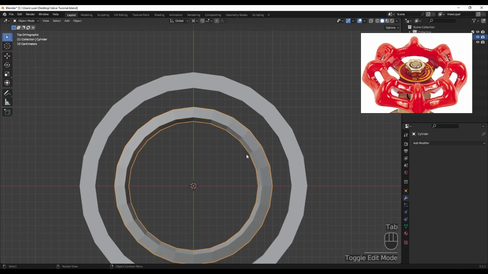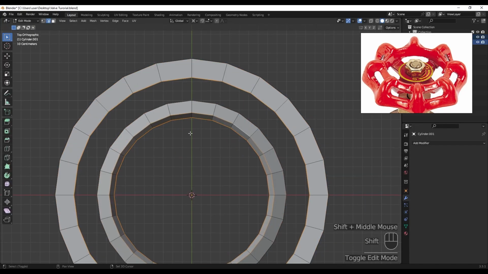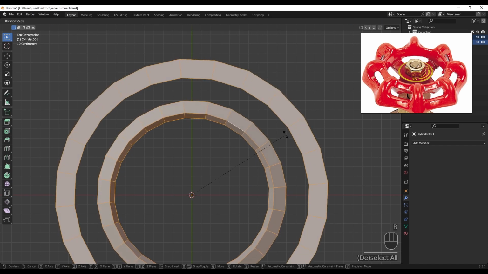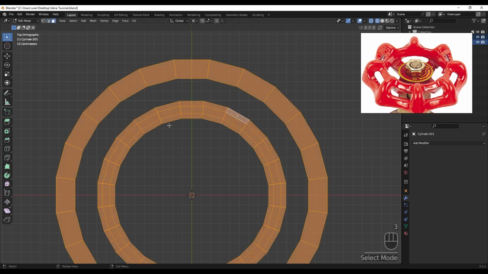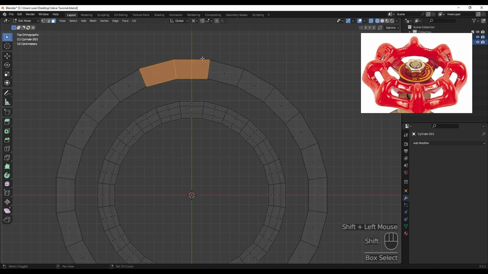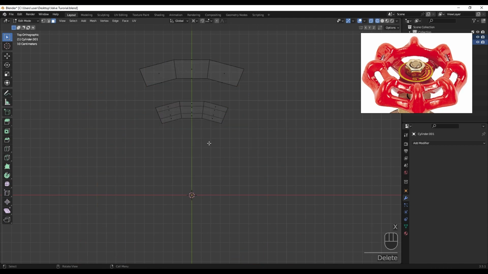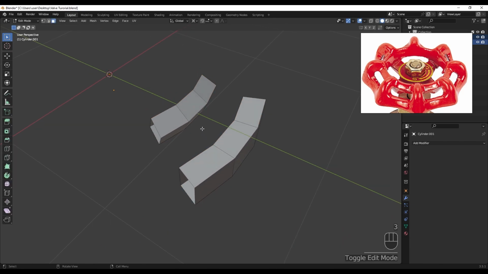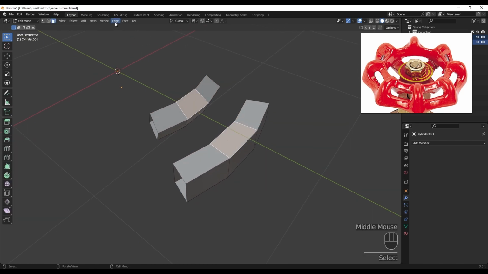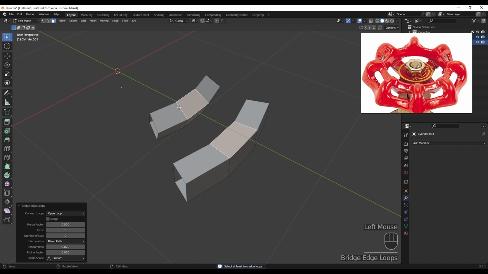All right, the next thing I'm going to do is selecting these 2 and go to edit mode, and also select them all and rotate this 7.5 degrees. Then I'm going to select these faces and Control I and delete the rest. Next thing, I'm going to select these 2 faces and go to edge and bridge edge loop, and it's not